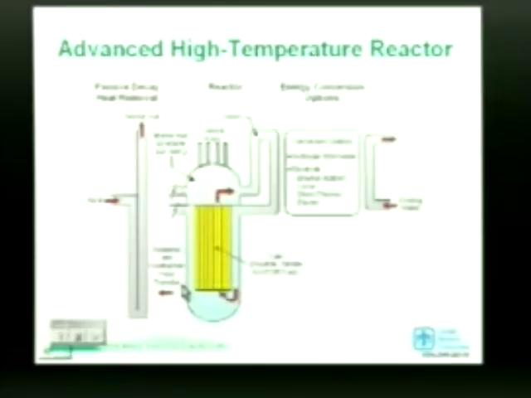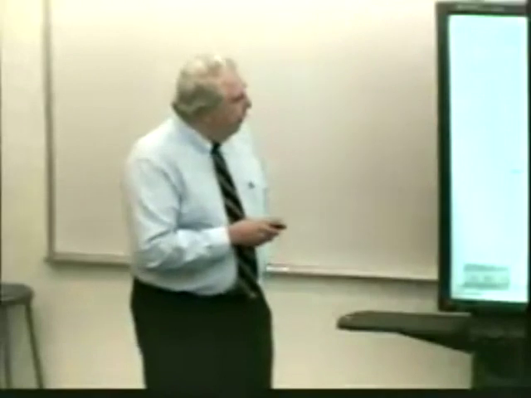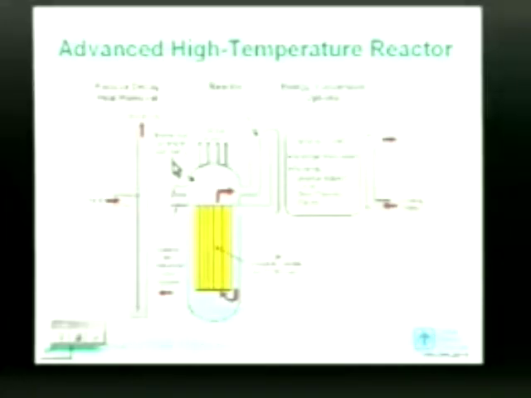Here's a very simplified schematic of the reactor. Here's the reactor core, which of course is a graphite core. Molten salt goes through an external loop to a power cycle or a heat exchanger where heat is used to make hydrogen production, or electricity using a Brayton indirect cycle or a direct thermoelectric cycle. Molten salt then goes back to the reactor. The reactor also has a passive cooling system that I will describe in later detail. The particular salt, baseline salt, is a lithium beryllium fluoride, but there are several other possible fluoride salts that can